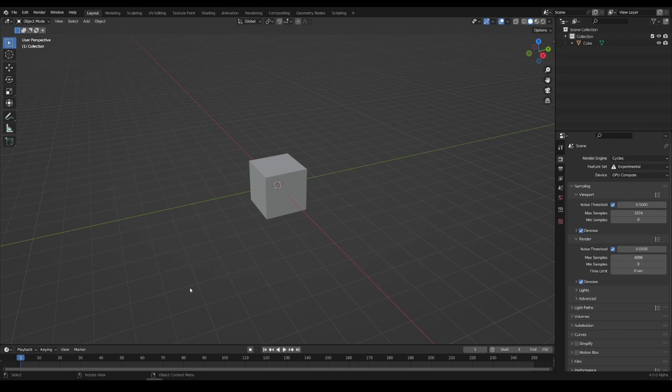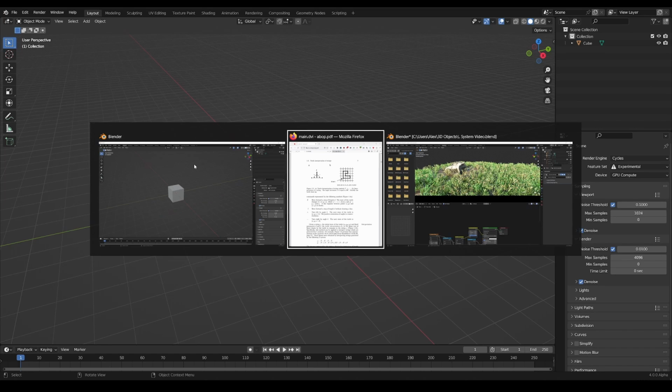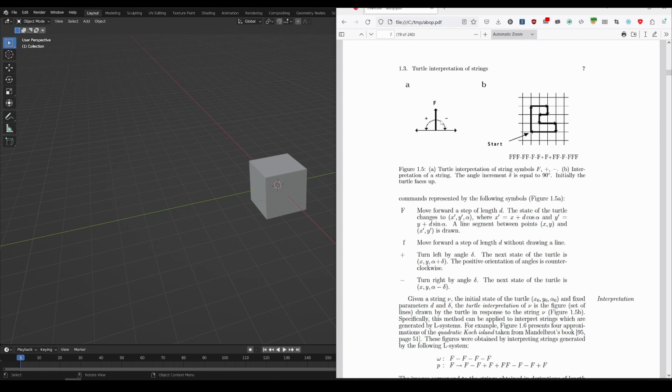Hi, in this video I'm going to be explaining how I did L systems in Blender geometry nodes, because there are a few people that seem confused by some of the things that I did when I was trying to show it. So, to give a quick overview of what an L system is,